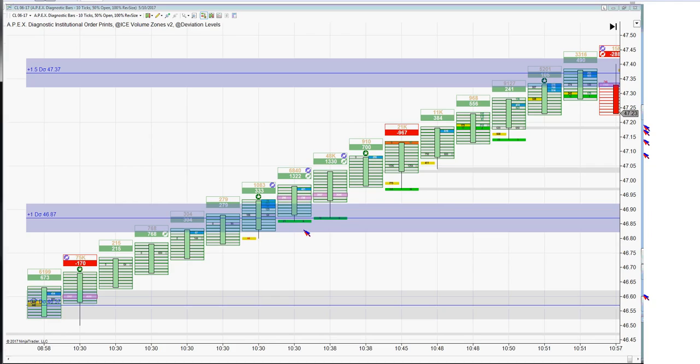So I still use MVP arrows for trail stop because I may not get a cluster. I may not get a reason. So I need to protect my money, but I need another way to tighten it even tighter. And this is how I do it. Diagnostic bars are very smooth. IZSS gives you a little bit more wiggle room, which gives you more trades. But that smoothness allows me to have nice tight stops. The wiggle room gives me more signals. So that's why I like the continuum bars for my trading normally on IZSS,